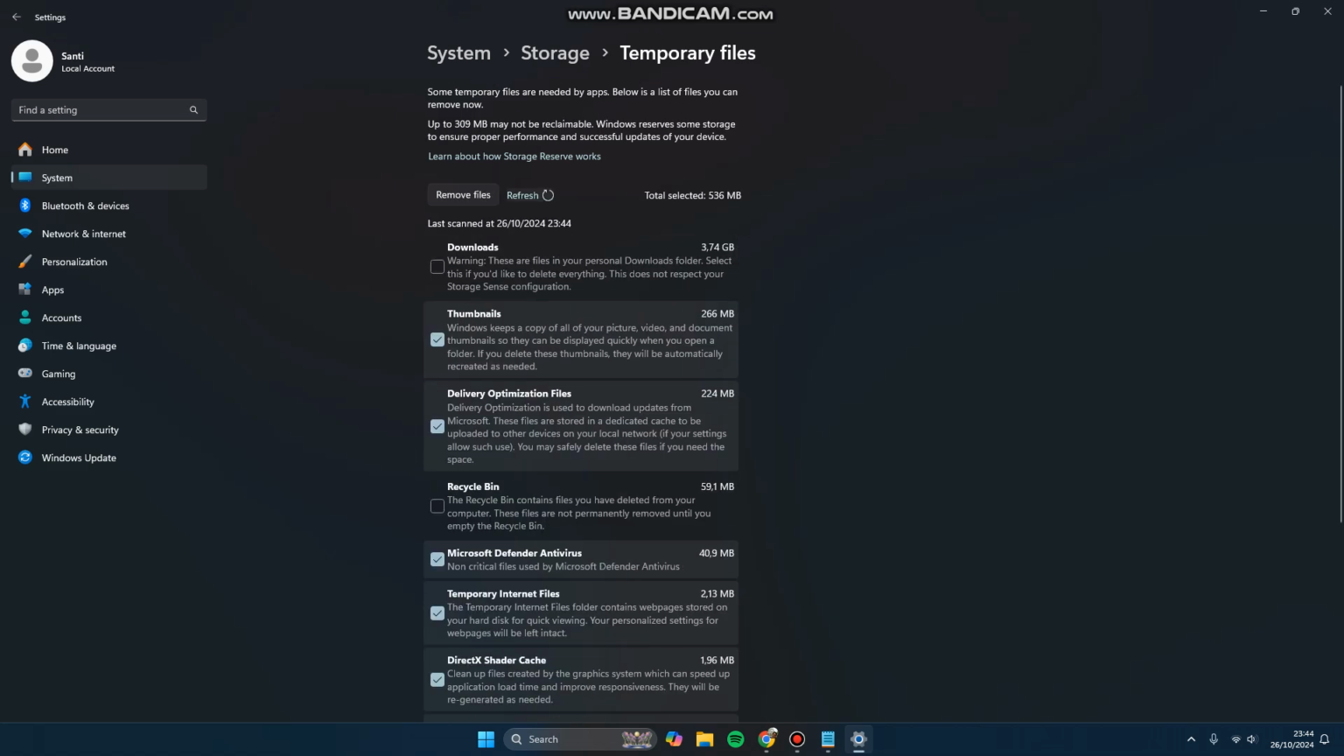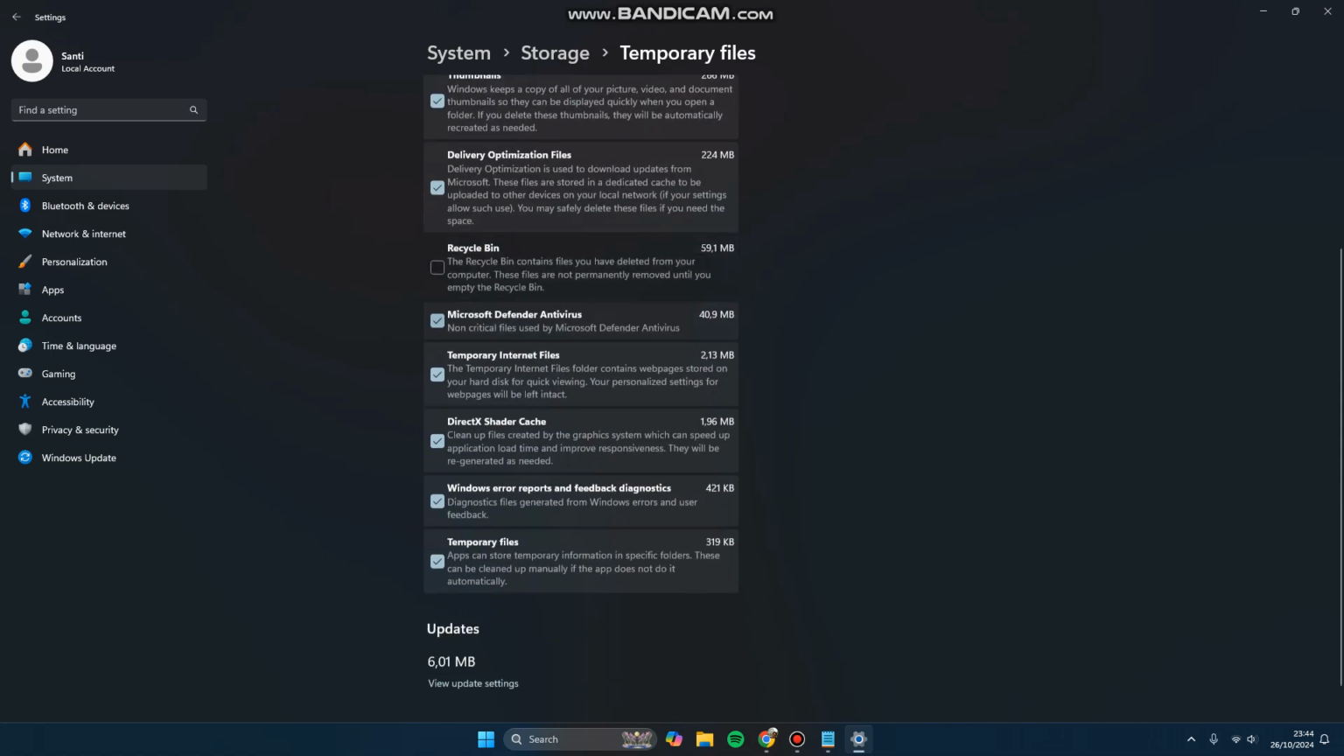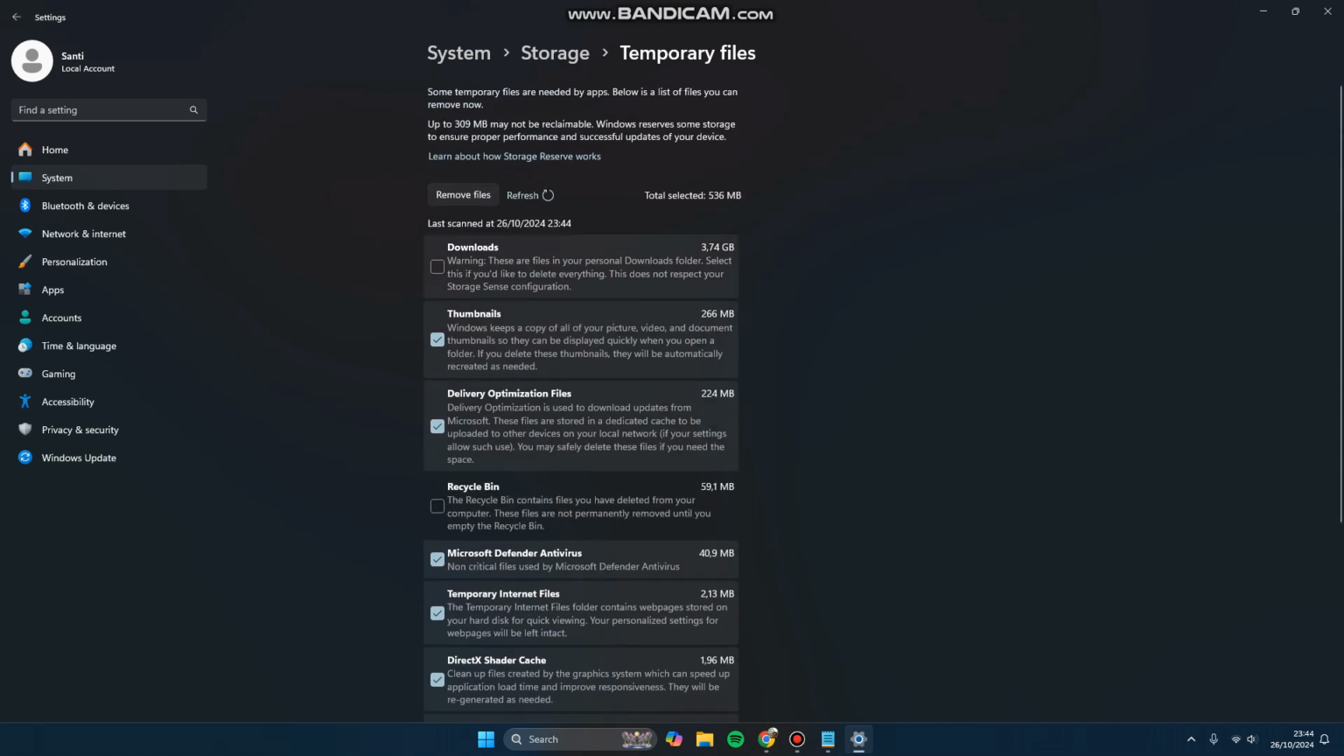As you can see, so fast. And here you can remove files. All the files here you can remove safely,